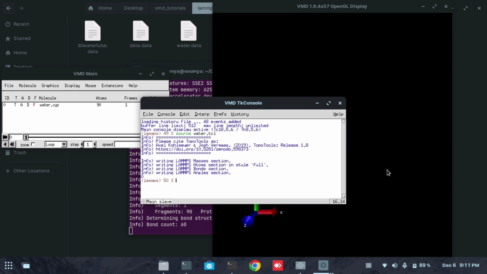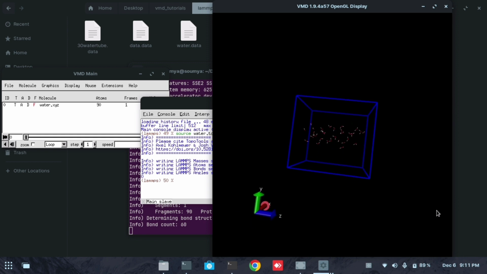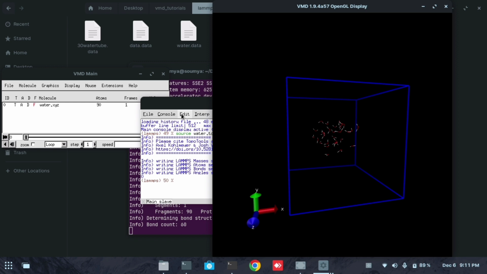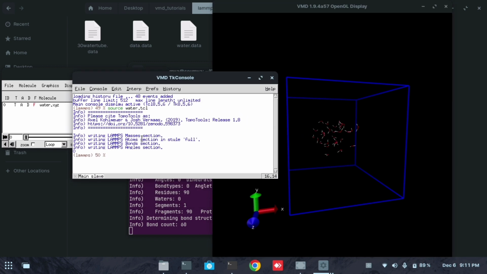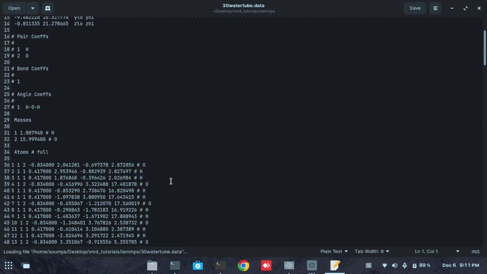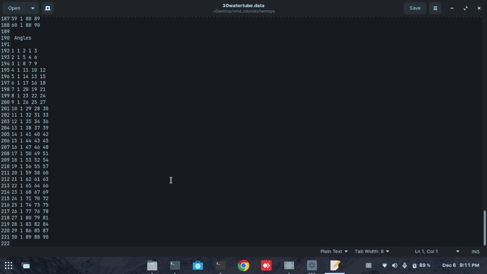By running this command, you can see that my file has been generated, and whatever comments I had in that TCL file are shown here, like the box and whatever things I have given. You can see the mass section, atom section, bond section, angle section, every section of this TCL file, whatever comment I have given, is written in that data file. This is the newly generated data file. Here I am showing this data file. See here the atom section, the bonds, then the angles, everything is present here.